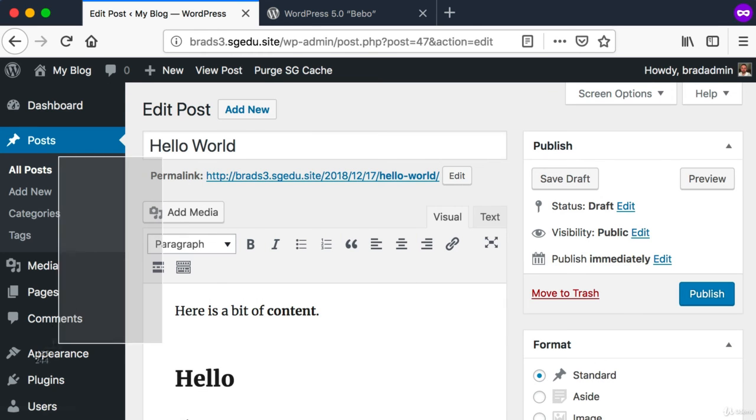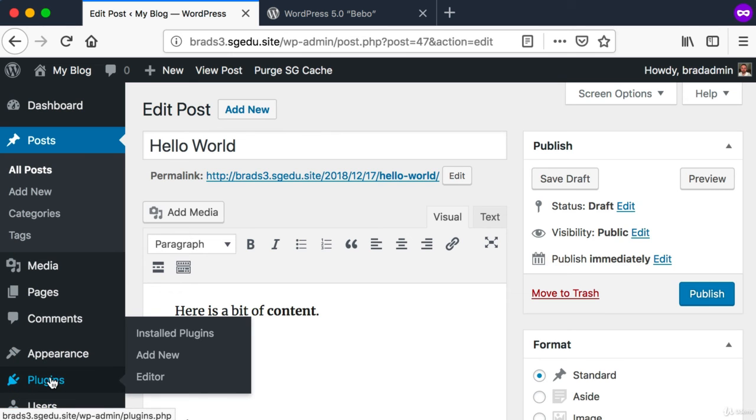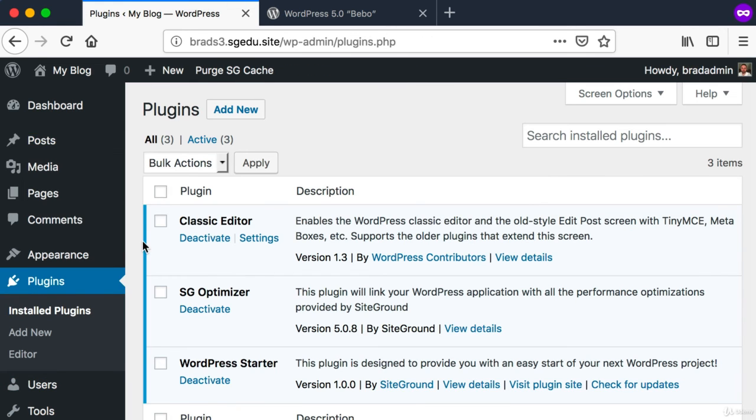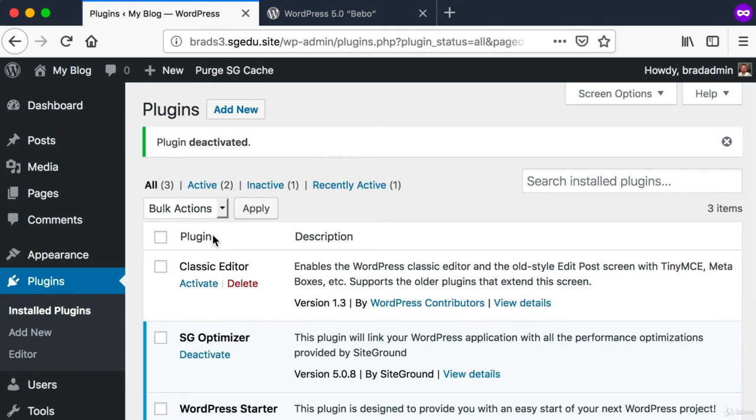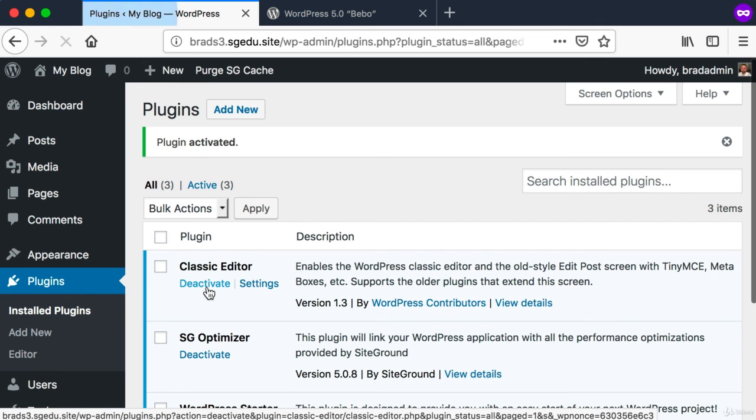So in the left-hand sidebar, look for plugins again. Click on plugins. This screen shows you all of the plugins you currently have. Look for classic editor and then just click the deactivate button right below its title. Once it's deactivated, your WordPress will use the new modern editor once again. So you can just activate and deactivate and switch back and forth